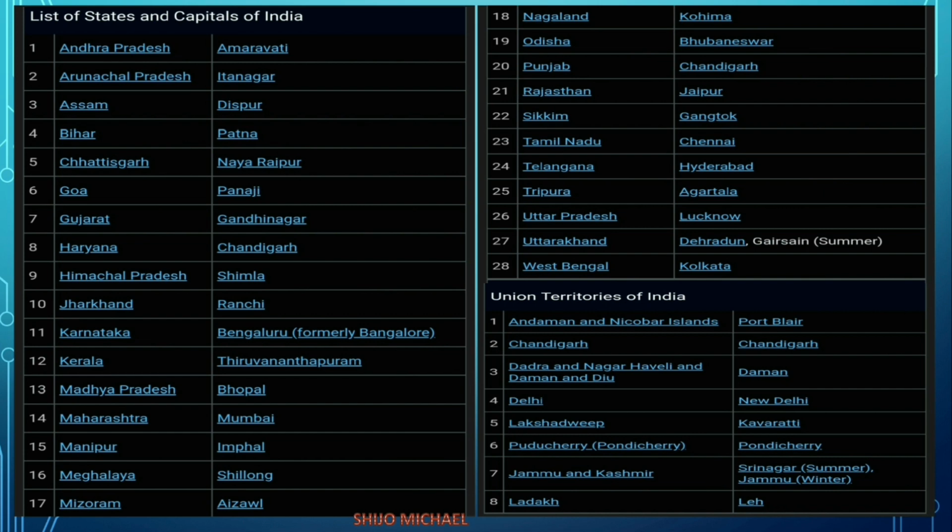Here you can see the list of Indian states and union territories and their capitals. It is in alphabetical order from Andhra Pradesh to West Bengal. Andhra Pradesh capital Amaravati, Arunachal Pradesh Itanagar, Assam Dispur, Bihar Patna, Chhattisgarh Naya Raipur, Goa Panaji, Gujarat Gandhinagar, Haryana Chandigarh,